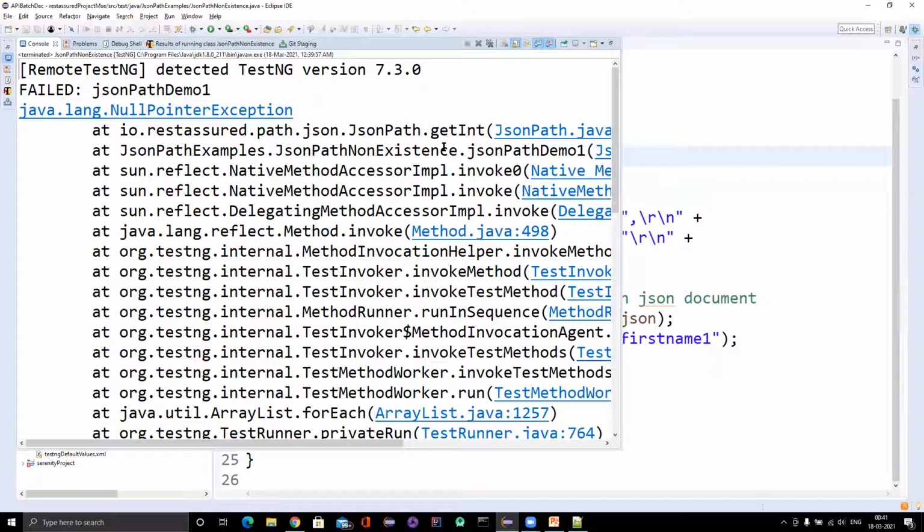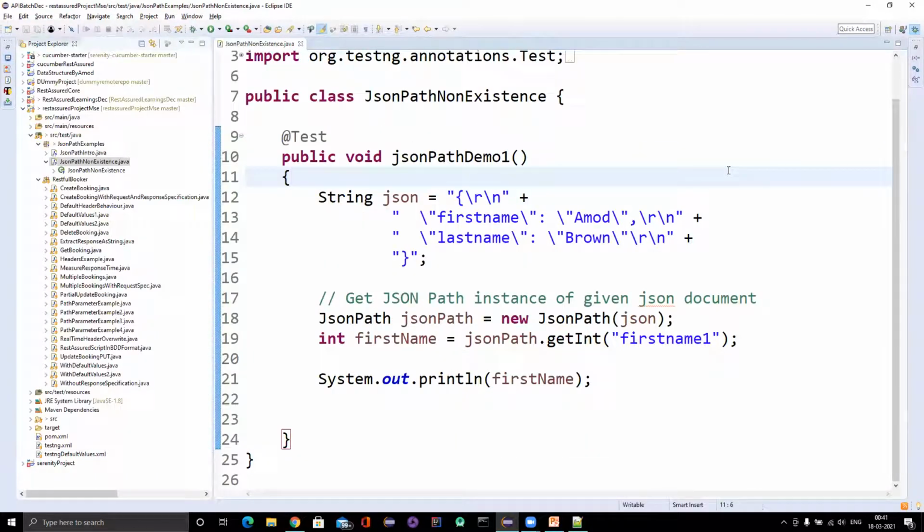If you are getting anything as a string, there's no need for a try-catch block; you can simply put one if condition, checking that the string is not null, and then proceed. But for the others you need to handle the NullPointerException through exception handling. So you need to be careful about that. Yeah, that's all I think I've covered here.